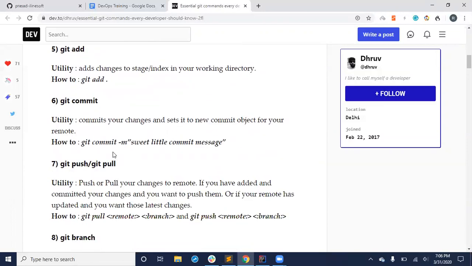Then when you do git commit -m with any message you give, basically your commit goes into the main system. Git pull we have not done. Git pull is like, you just downloaded something, you changed it, and you know that some other person has made changes in their system and you want to get those changes down to your system. So we do git pull just to get the latest update.